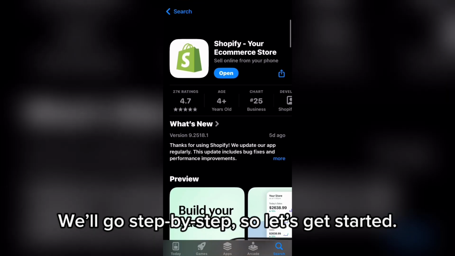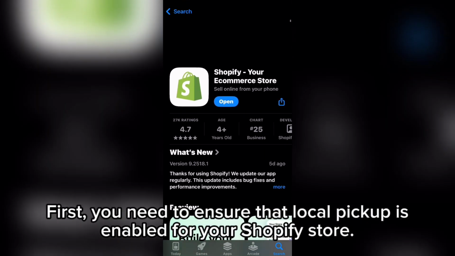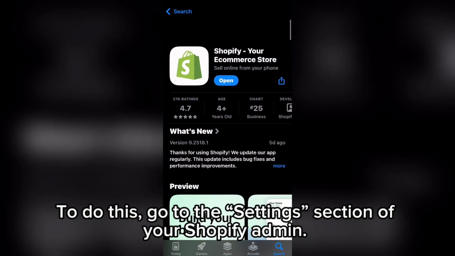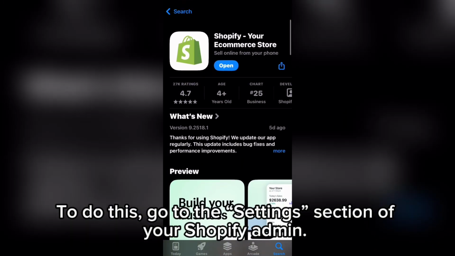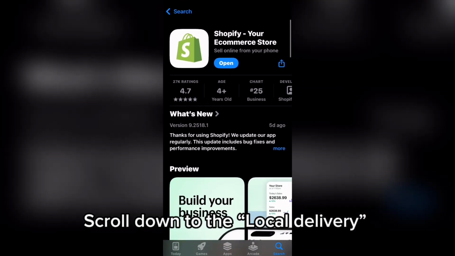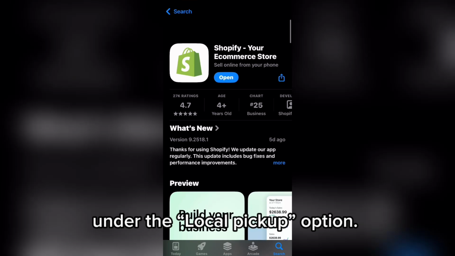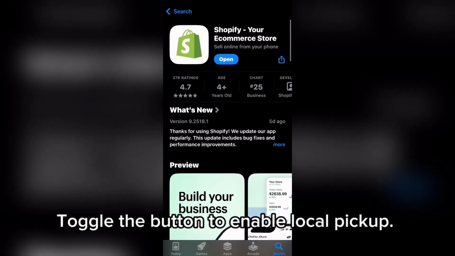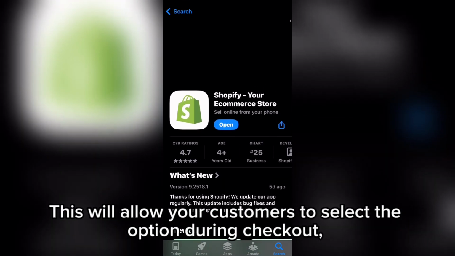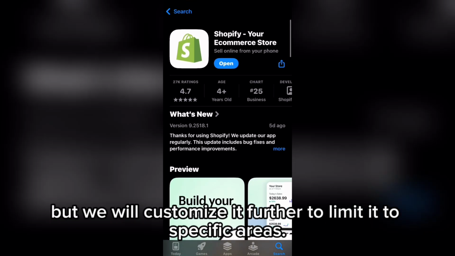So let's get started. First, you need to ensure that local pickup is enabled for your Shopify store. To do this, go to the Settings section of your Shopify admin. From there, click on Shipping and Delivery. Scroll down to the Local Delivery section and click Manage. Under the Local Pickup option, toggle the button to enable local pickup. This will allow your customers to select the option during checkout, but we will customize it further to limit it